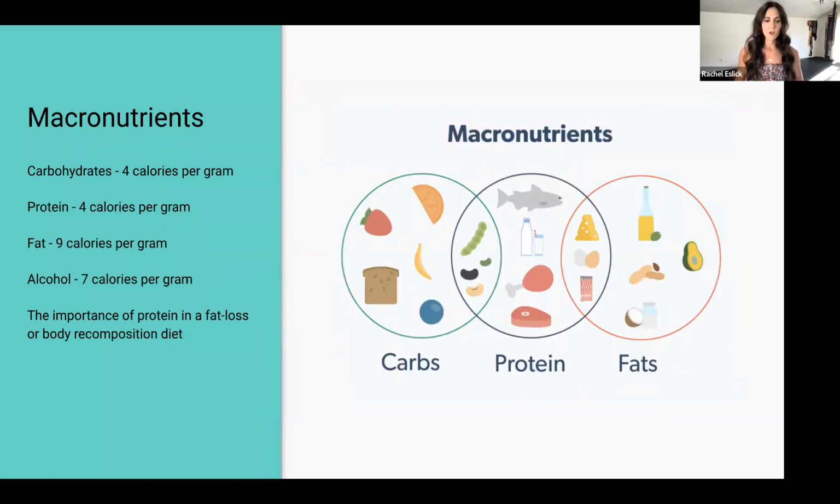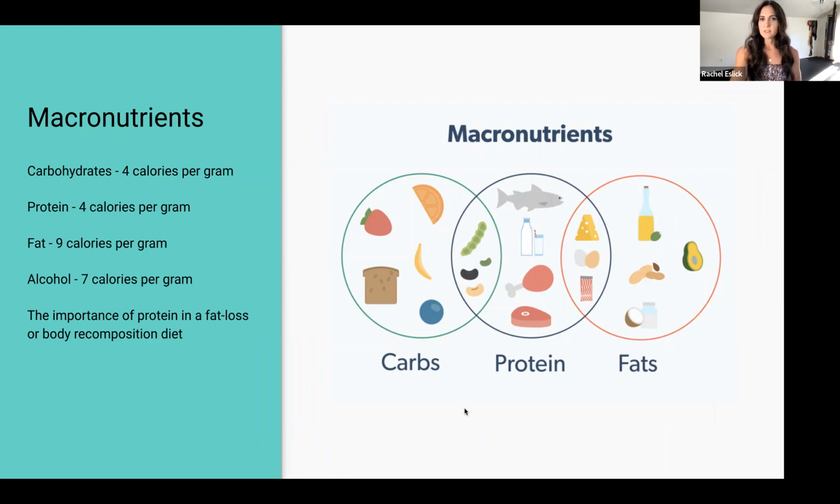There might be like 3 grams of protein in 2 tablespoons of peanut butter. I haven't memorized it, but it's not the same. There's not more protein. There's protein in it, but it is more fat than protein. Okay, we're just going to keep on rolling along. So that is an overview of just macronutrients.